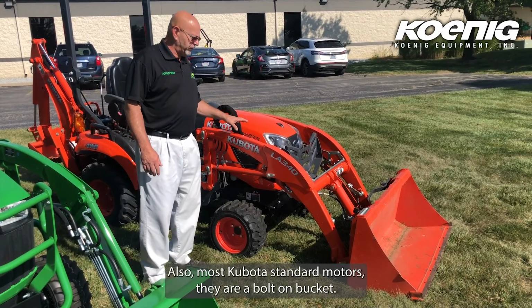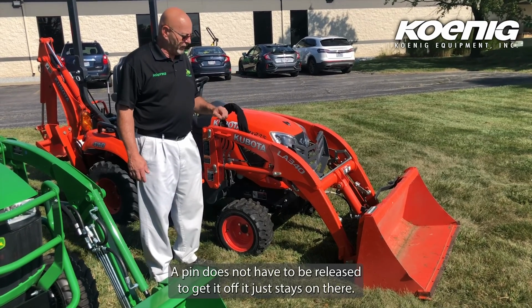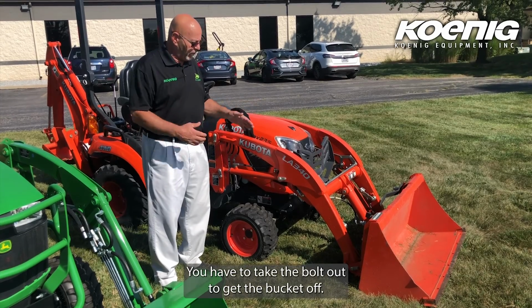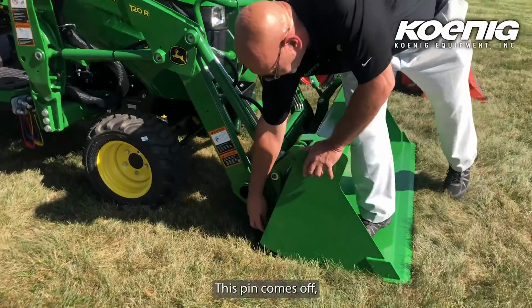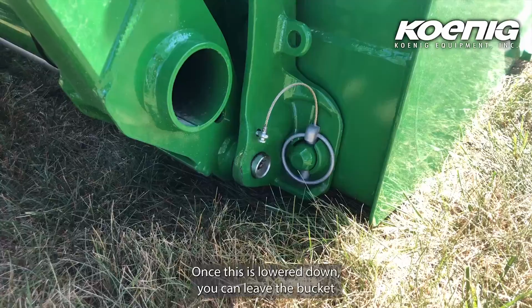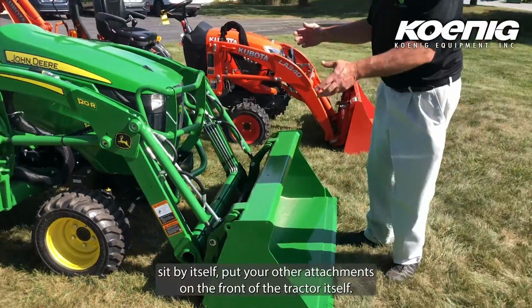Also, most Kubota standard loaders have a bolt-on bucket. A pin does not have to be released to get it off. It just stays on there. You have to take the bolt out to get the bucket off. On the John Deere, it's a quick release. This pin comes off, comes out, and then this bucket is released. Once this is lowered down, you can leave the bucket set by itself, put your other attachments on the front